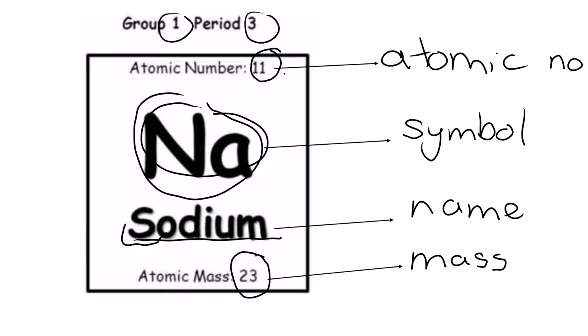Okay, so from sodium, we need to be able to identify what is going on in this atom. And we can do that by looking at the tag from the periodic table using these numbers. These numbers help us to identify how many protons, neutrons, and electrons there are. Okay, these things are called subatomic particles. Protons, you can use a P with a plus as the symbol. Electrons is an E and a minus, and neutrons is an N with a 0. Those are the symbols for protons, neutrons, and electrons.